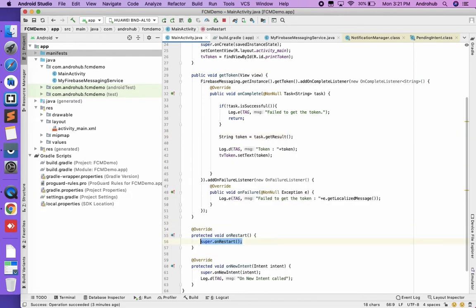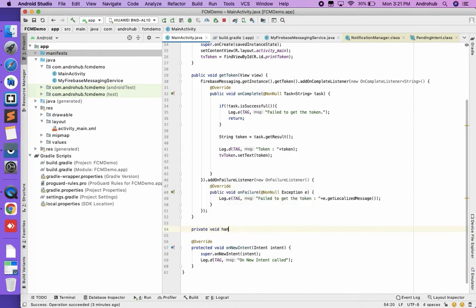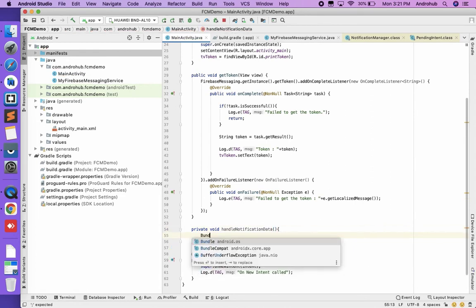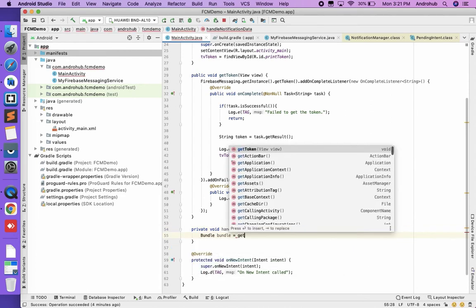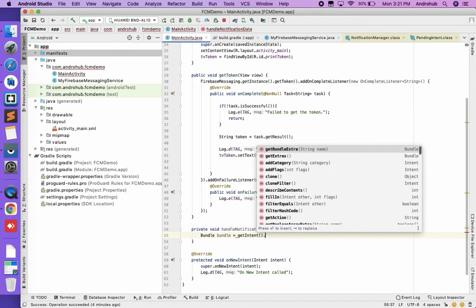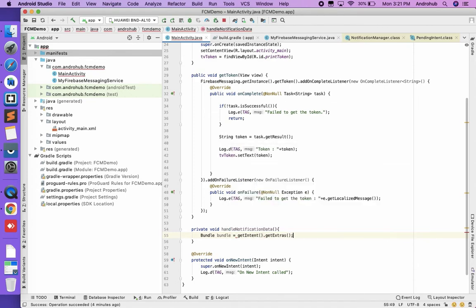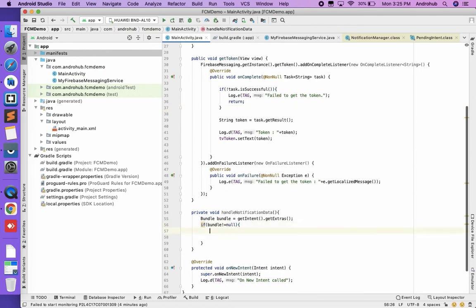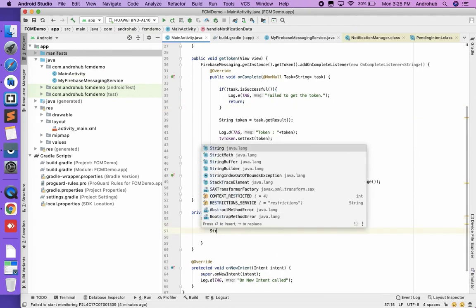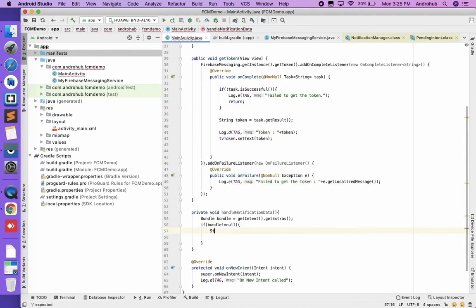Let's create one method, private void handleNotificationData. So the bundle, we are going to get in the bundle only: getIntent().getExtras(). If bundle not equal to null, now over here we need to check